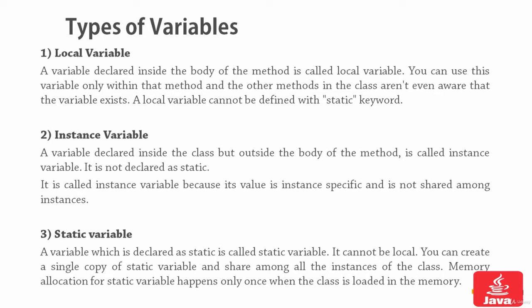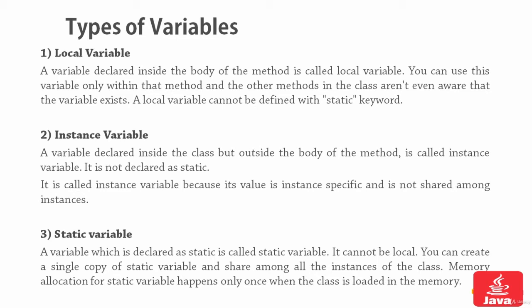We are currently writing any program in the main function that we have learned in the earlier lecture. The main function is the first function which is to be executed by the compiler, and any variable which is defined or declared inside the body of the method is called a local variable. The current method. Suppose we are in a different method, say xyz. So the variable which is defined in the xyz function or method will be considered as a local variable for that function.